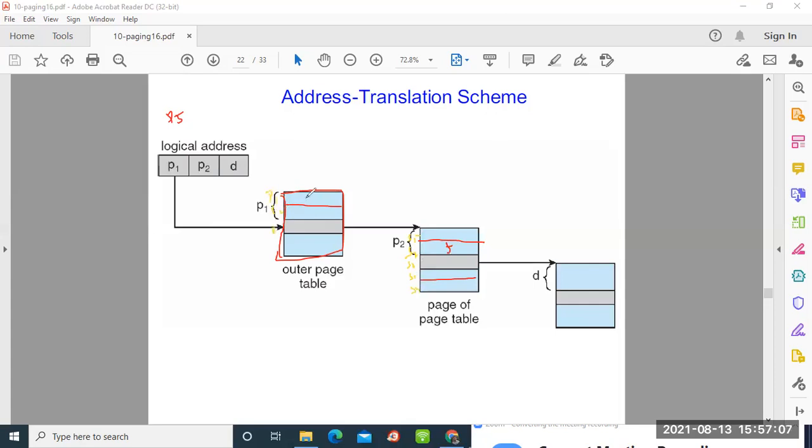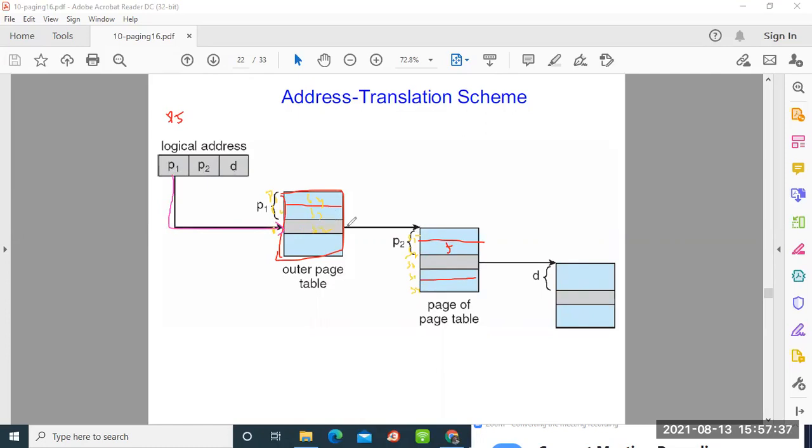Now what does this consist of? Something like S4, S3, S2. So in the P1 outer page table there will be the blocks of the inner page table, and in the inner page table there will be the actual frames. Okay, sir? Now what is the logic here? The logic is very simple. I will search for the location P1. Now P1 will consist of the offset address, which is nothing but P2.